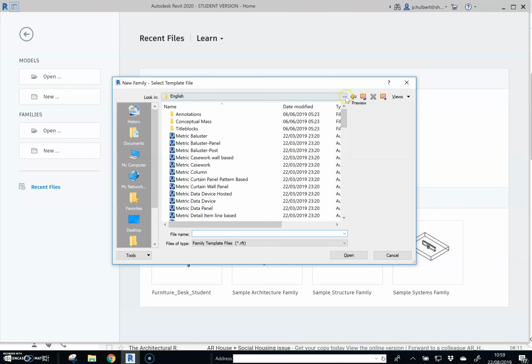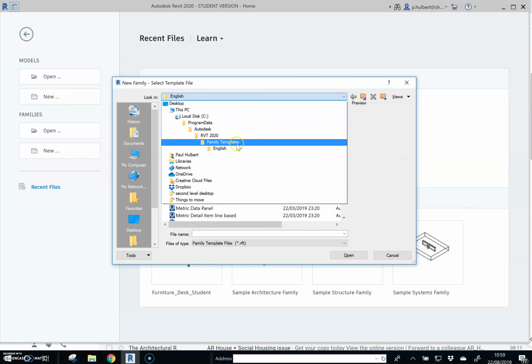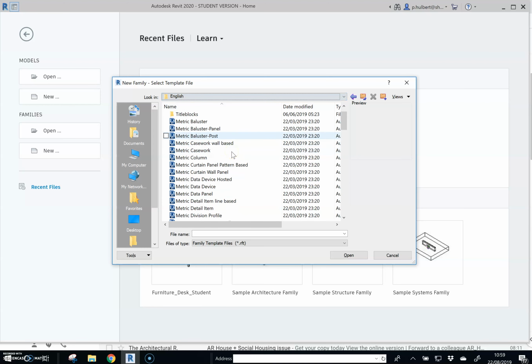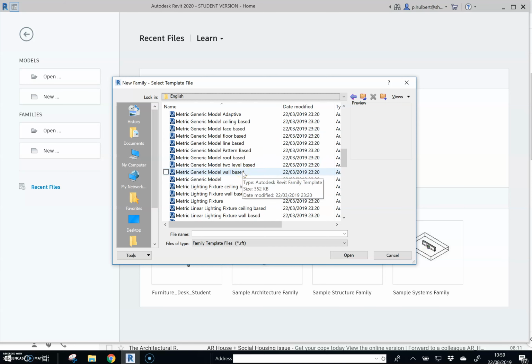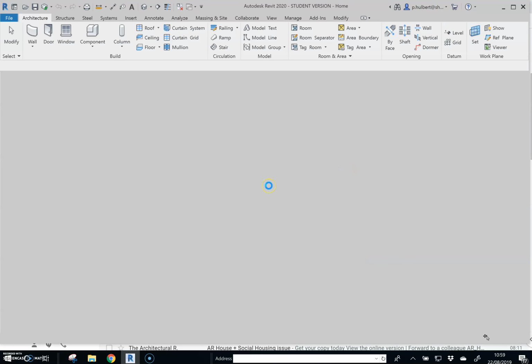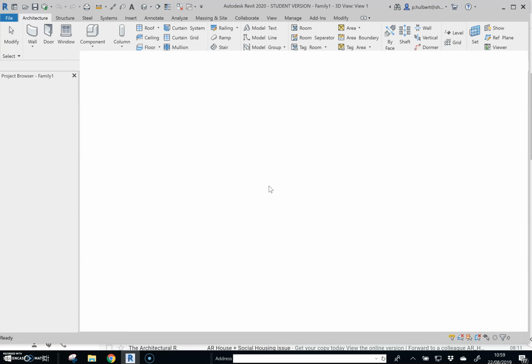and you will open a file structure, which should be Revit 2020 Family Templates English, and then we're going to use these, these are all templates, and we're going to do metric generic model. There's lots of other things which can have constraints, so you can make things that would always only fit on a wall or would only fit on a roof, but we're making this generic one so we can avoid the constraints for now. Let's open that, and this is a template for you to build your first family or component,